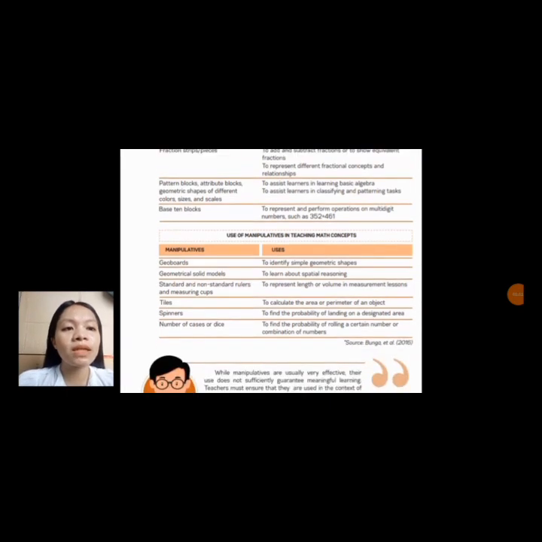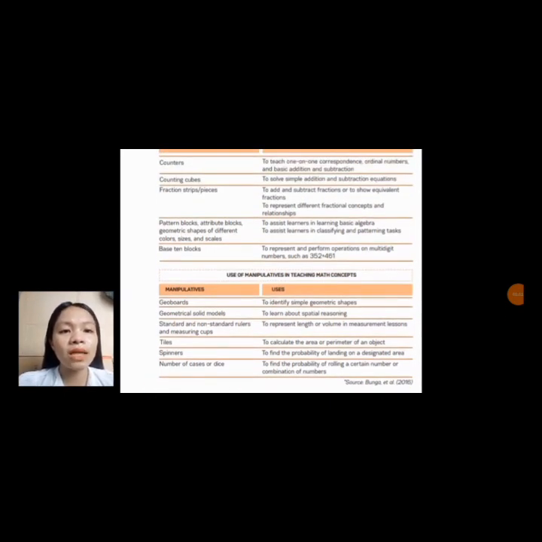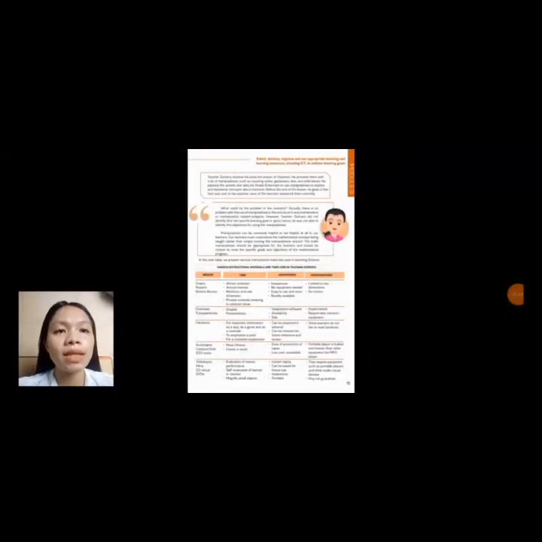Use of manipulatives in teaching math concepts. Manipulatives and uses. Geoboards to identify simple geometric shapes, geometrical and solid models to learn about spatial reasoning. Standard and non-standard rulers and measuring cups to represent length or volume in measurement lessons. Tiles to calculate the area or perimeter of an object. Spinners to find the probability of landing in a designated area. Number cubes or dice to find the probability of rolling a certain number or combination of numbers. So next is